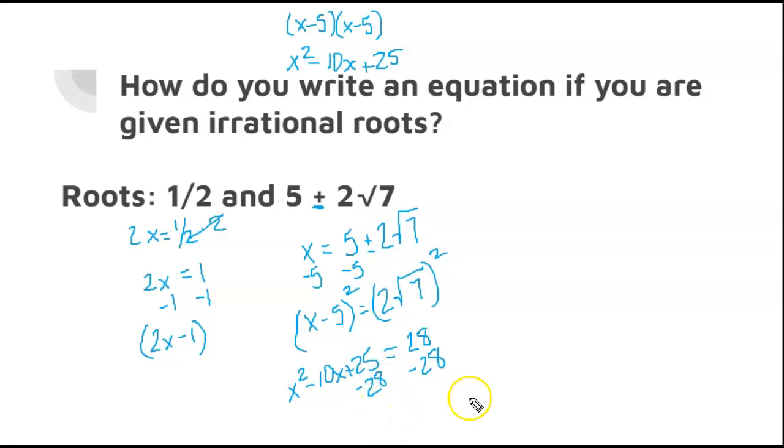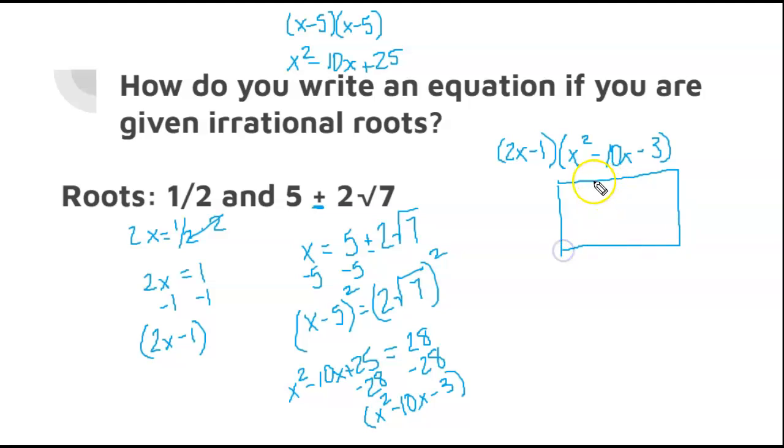And when I subtract 28 from both sides, I'm going to get that this quadratic factor is x squared minus 10x minus 3. So again, if I was just writing an equation, this is an equation, it's just in factored form. But if the directions say to put it in standard form, then I do need to multiply it out. This is a lovely trinomial times a binomial. So I do like to use my area model to help me multiply that out so I don't leave something out by accident. I'm going to get 2x cubed,